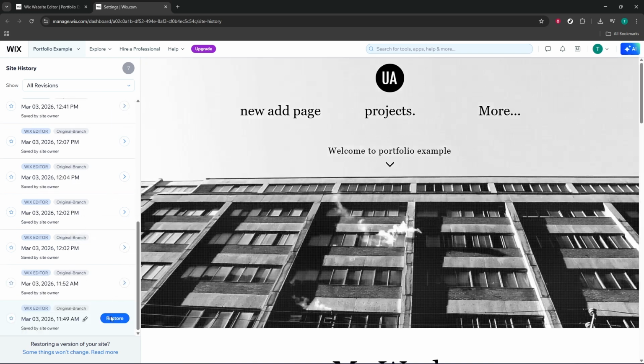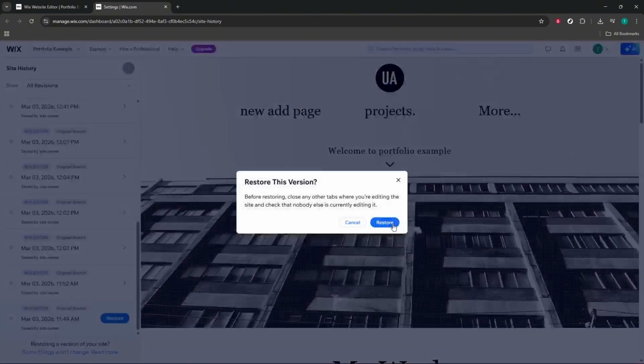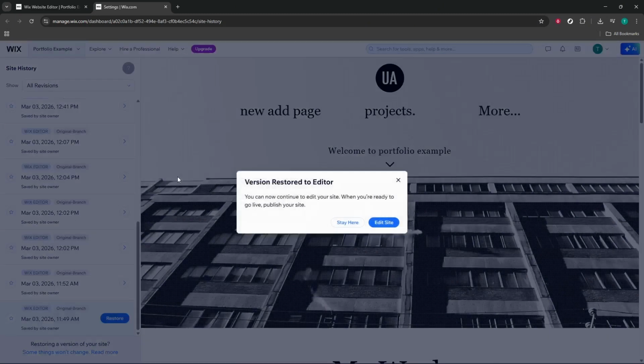Once you've identified the correct version, click Restore. Wix may ask you to confirm, since restoring replaces the content currently in your editor with the selected snapshot. Don't worry, this action is reversible. The version you're leaving behind is also stored in your site history, so you can always revisit it again if needed. After the restore completes, you'll be back in the editor with that earlier version loaded, ready to continue refining